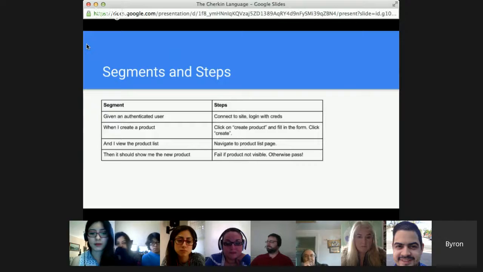Then go to the next segment, when I create a product. The steps are, click on create product, fill in the form, click create. Boom. Then how about the next one, when I view the product list? The steps are, just navigate to the product list page. Then the very last one is, then it should show me the new product. So we're talking about the observation, the thing that we can assert on. It's going to fail if the product is not visible. Otherwise, it's just going to pass.